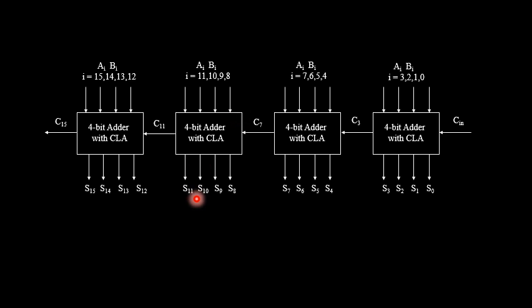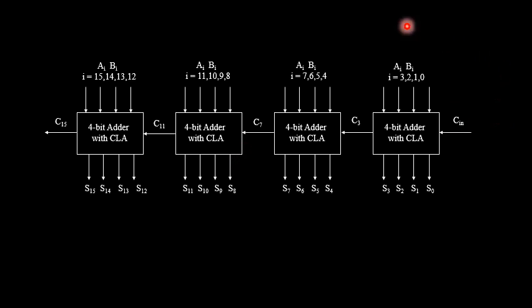This is the third block in the carry look ahead adder cell, where I have considered the continuation of this particular block, that is 8, 9, 10 and 11. So the main carry input for this is the previous carry output generated, C7, and the main carry output from this entire block will be C11, and the main sum outputs will be S8, S9, S10 and S11. Further, considering the 12, 13, 14 and 15th bits, I will have the main carry output as C15 and the main sum outputs as S12, S13, S14 and S15, wherein I have applied the main carry input as C11, that is the carry output generated from block 3.